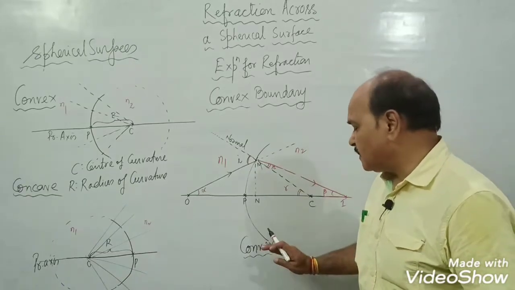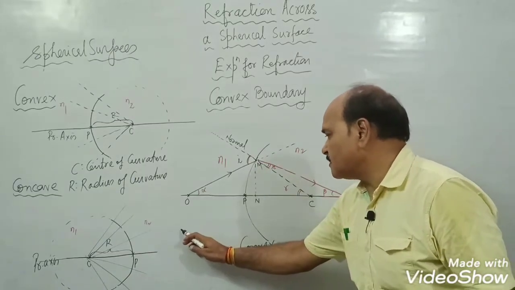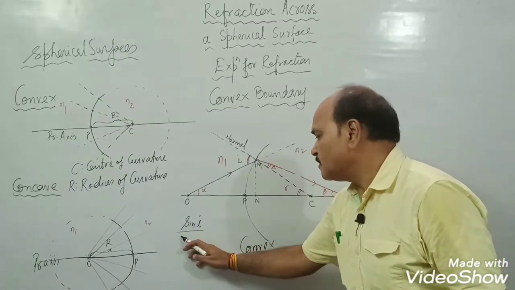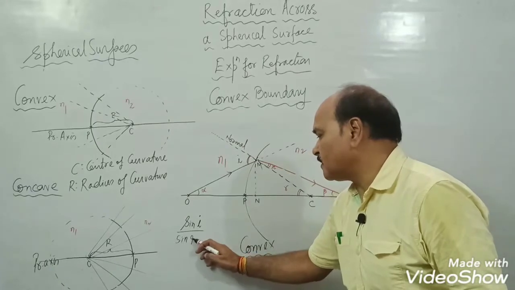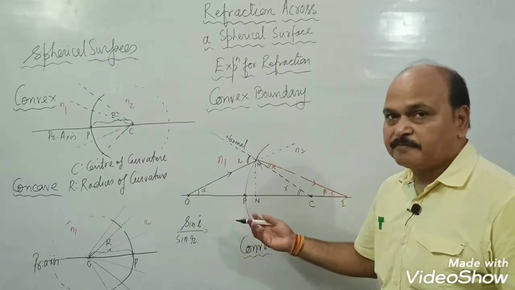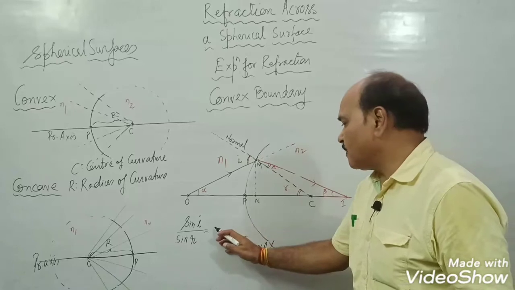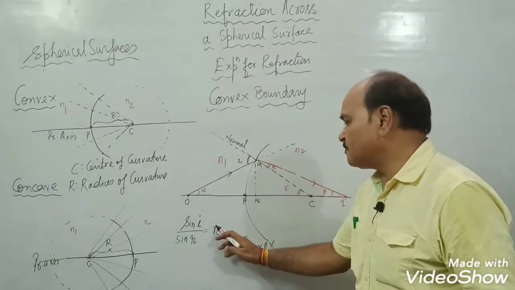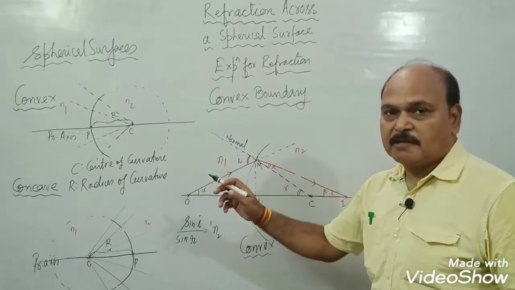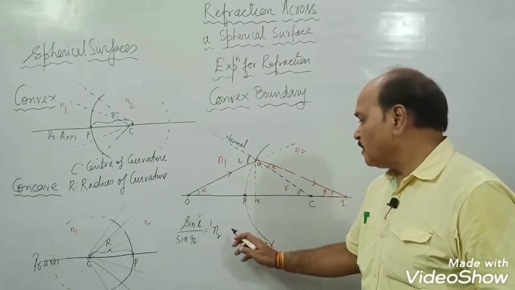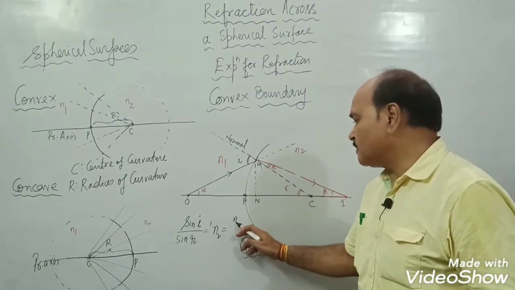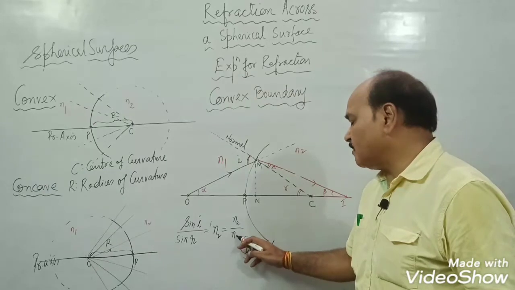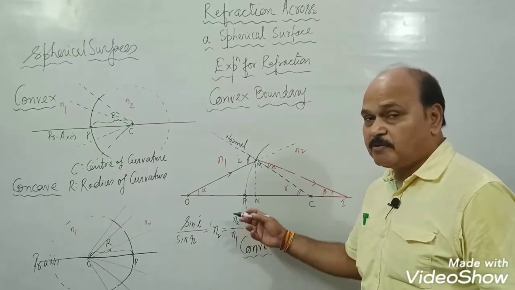Snell's law of refraction says that the ratio of sine of angle of incidence to sine of angle of refraction is a constant, and that constant is the refractive index of the medium of the refracted ray with respect to the medium of the incident ray. That you know. This is also the refractive index of the medium of the refracted ray upon the refractive index of the medium of the incident ray. These are absolute refractive indices.